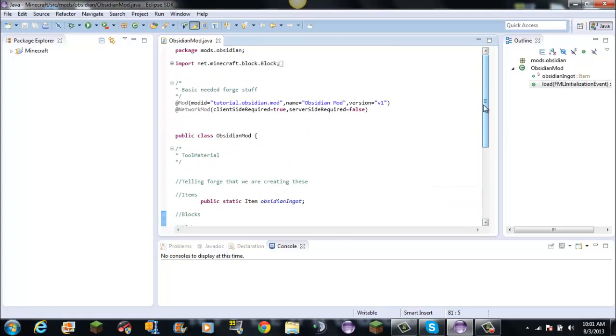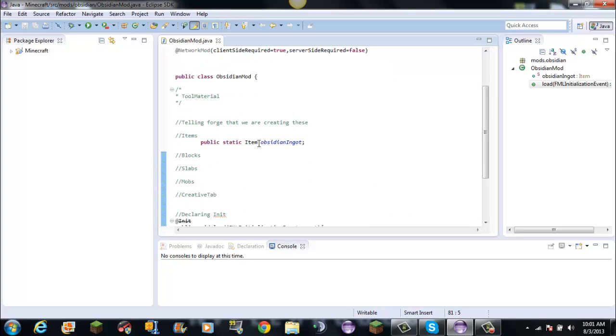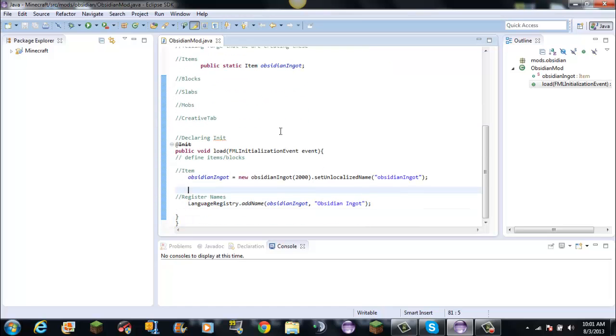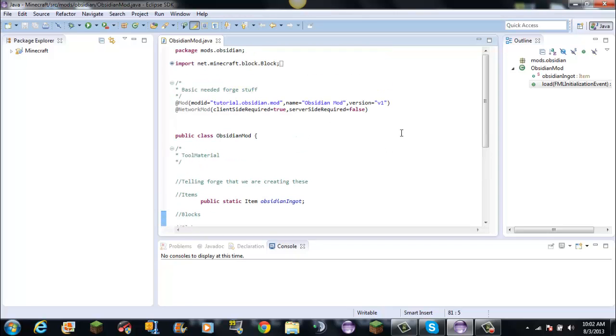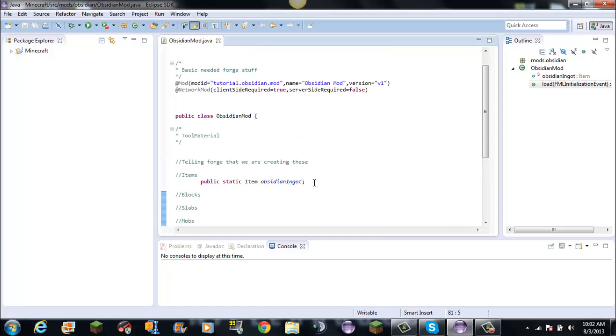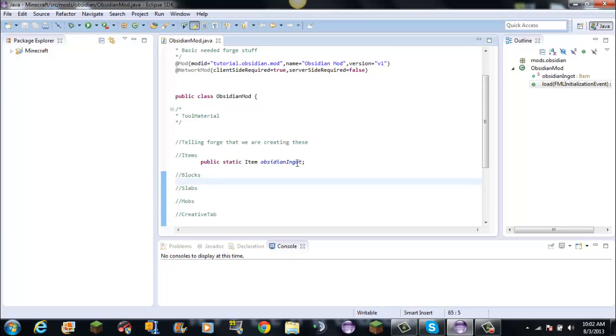Now, if you remember, last time we created an obsidian ingot, which was pretty good, I'd say. Pretty good texture. We named it, we made it, we gave it an ID and everything, you know? But today we are going to be working on blocks. We are going to make obsidian bricks. How about it? Does that sound good? So what you want to do is we'll go into our blocks tab here and we